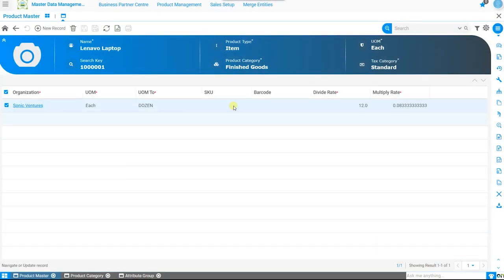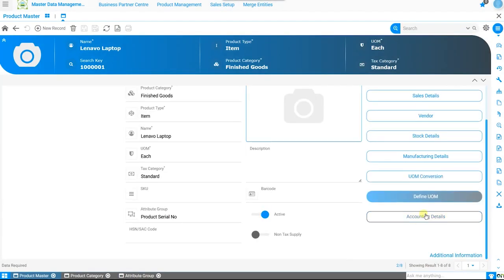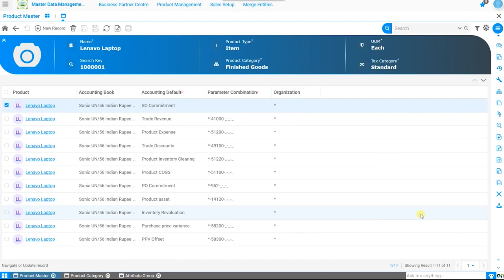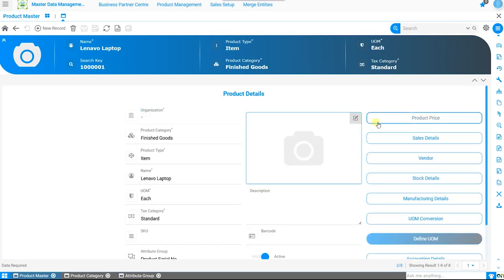and view the records. Finally, accounting details are copied based on the product category. To update them, go to the product category, update the ledger codes, and run the Copy Ledger Details process. This applies the updated codes to all assigned products. That is how you can configure a product in